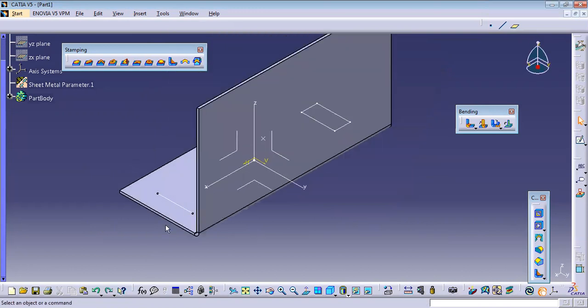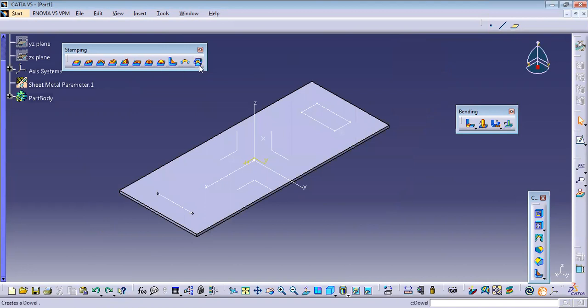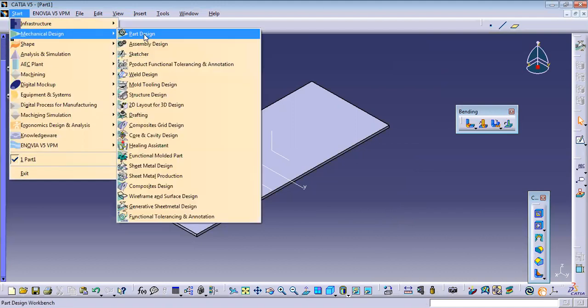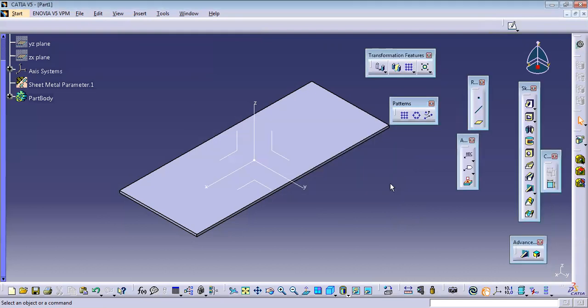Okay, so now I'll move on to the user stamp. This user stamp is quite a tricky part. It is used whenever you don't want any of the predefined stampings. So that's why we'll go with this user stamp. To do that, first of all I have to move to the part design. Once you enter the part design, I want that particular stamping to be of a different material. I told you while explaining Boolean operations, whenever you want to cut the material, it should be a different property material.